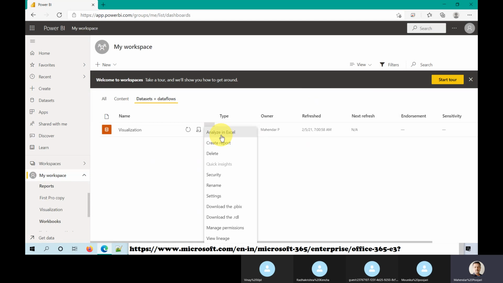Okay, Power Pivot. I told you on the first day in the demo, there are the 70-778 and 70-779 certifications available. What are they? 70-778 is the Power BI Desktop certification, but 70-779 is the Excel Power BI certification. Both are 80 to 90% similar, except for this analyze in Excel.